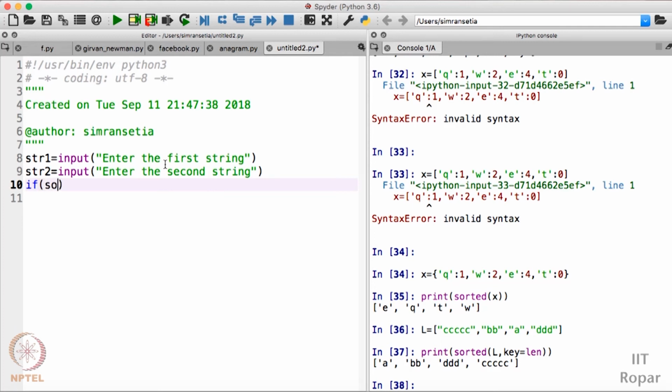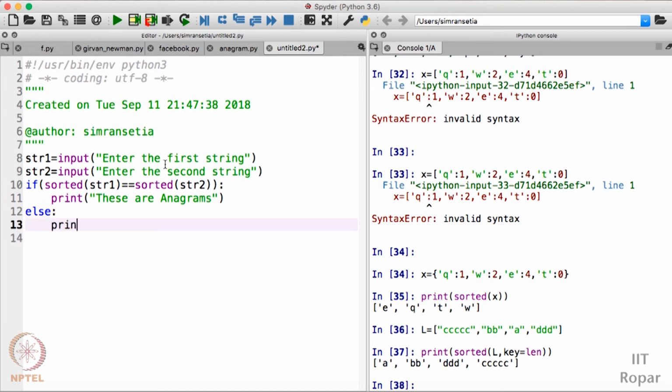If sorted of str1 is equal to sorted of str2, then I should print these are anagrams, else I should print these are not anagrams.